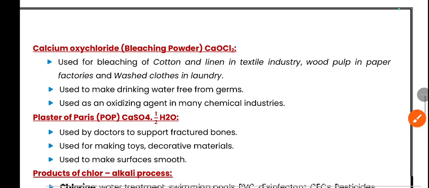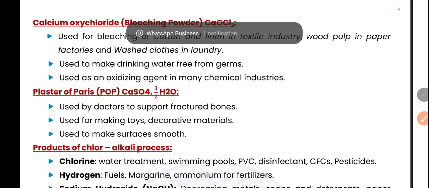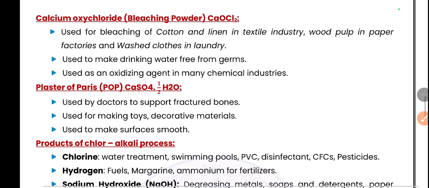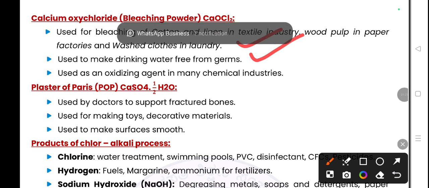Then next one, calcium oxychloride, bleaching powder, CaOCl2, used for bleaching of cotton and linen in textile industry, wood pulp in paper factories and washed clothes in laundry. Then next one, used to make drinking water free from germs, used as an oxidizing agent in many